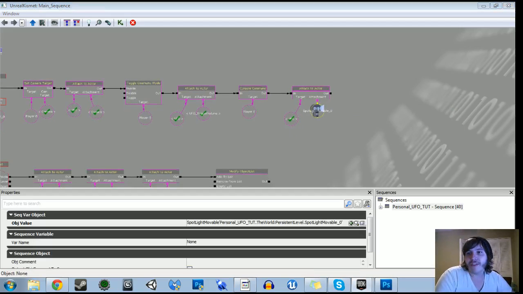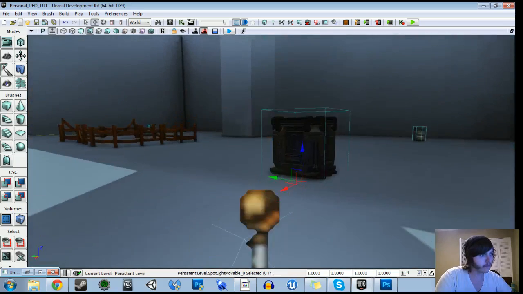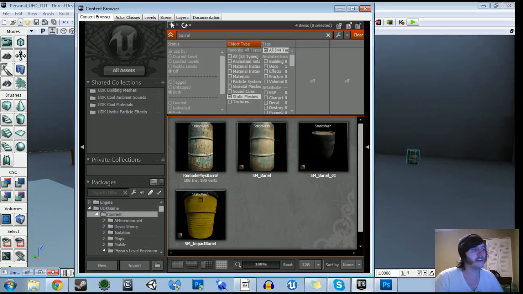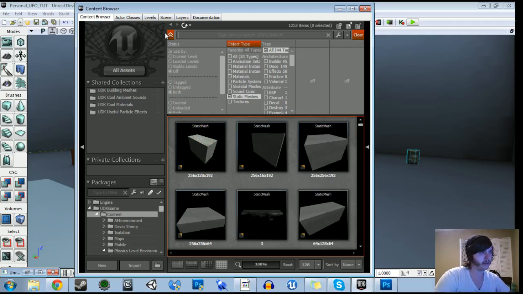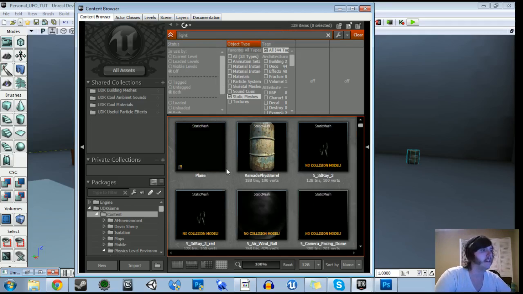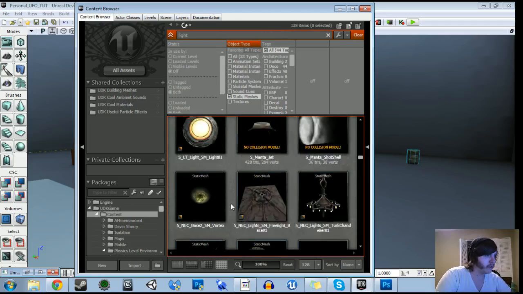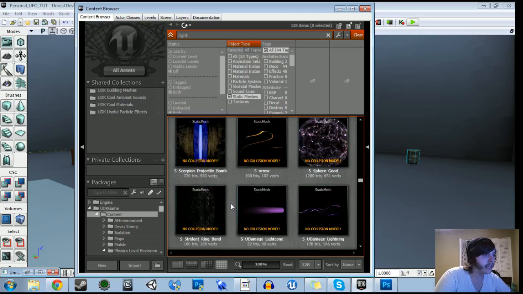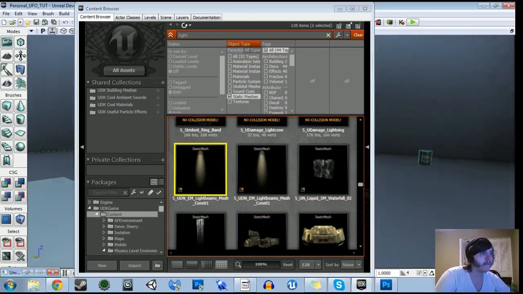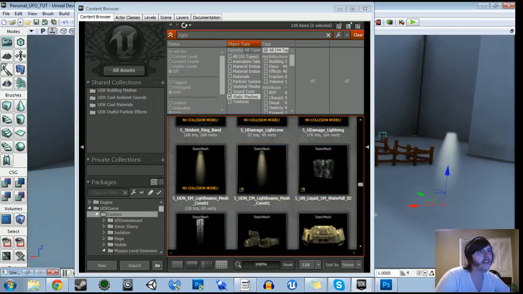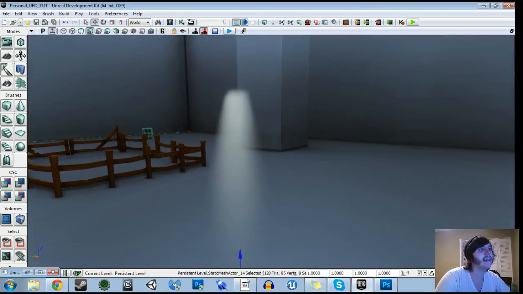Now we're going to set up two things. First things first is basically we're going to set up our UFO beam. The way I did it, I used a cone mesh. I believe it's under light. If you look under light, if you type that in, where is it? Which one is it? Hopefully I didn't just pass it. Yeah, light beams. This mesh, when you drag it in, it already has a